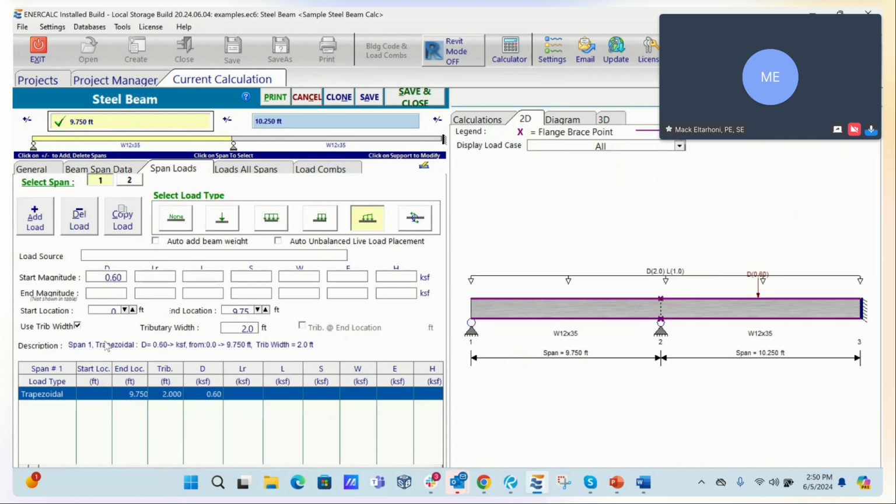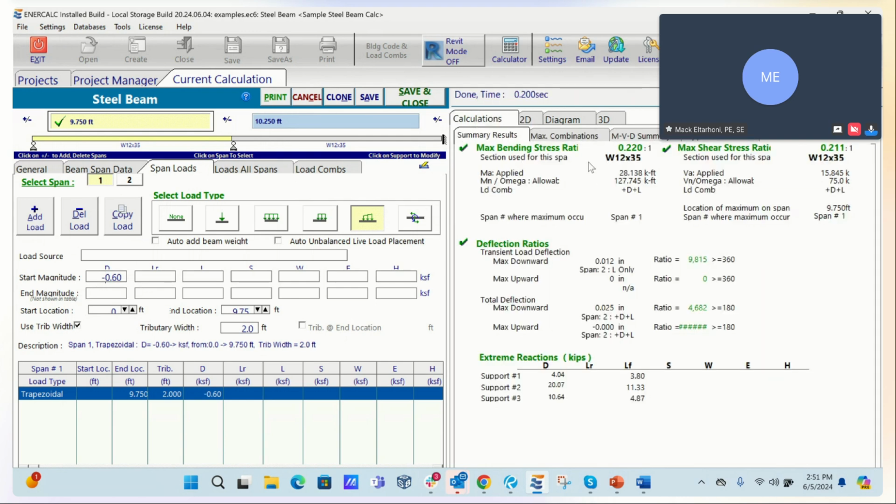As far as the loads that we're applying, does ENERCALC understand the directionality of the load? 100% yes. If I do this as negative, it will change the value. Let me actually do this here. If I apply it as downward, you can see here that's 279. The stress ratio, the applied moment is 35 kip feet. If I just change the direction of this, it understands that something changed, and now your applied moment, its maximum is 28. So does ENERCALC understand the positive and negative of the direction of the load? Yes.